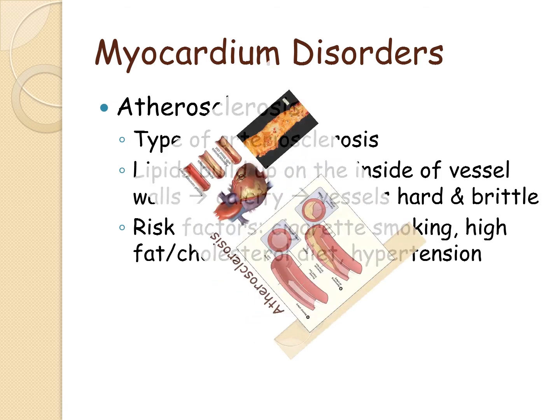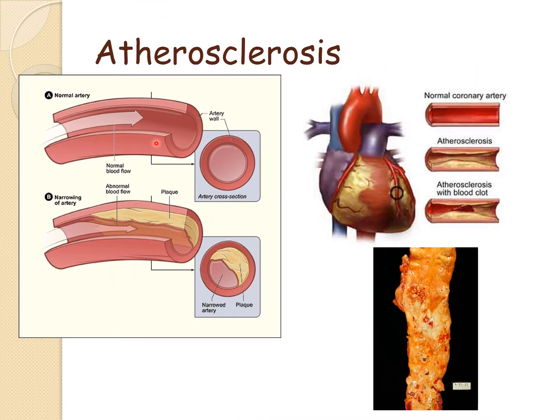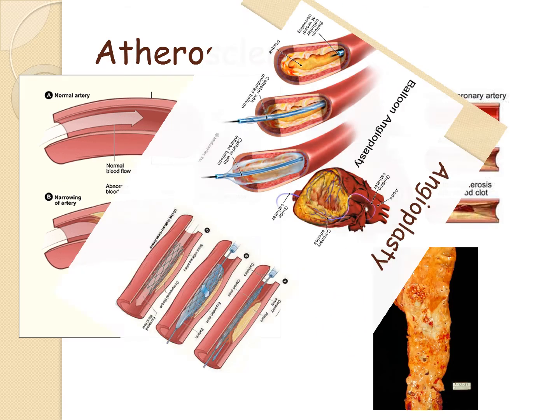Here there is a block. You see in this diagram, this is a normal vessel, the lumen of the normal vessel is clear. But if there is a plaque or deposition of cholesterol on the arteries, the lumen becomes narrow, leading to narrowing of the lumen by accumulation of fat or atheroma or plaque. This clinical condition is given the name atherosclerosis.